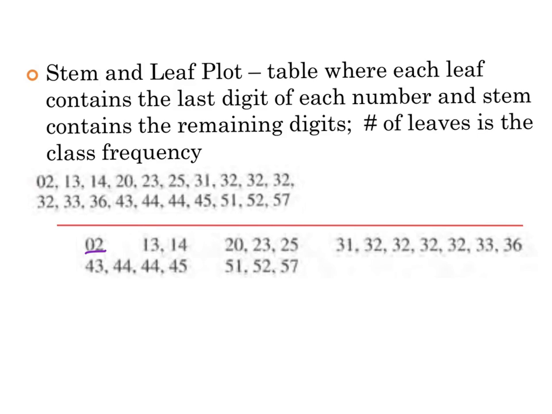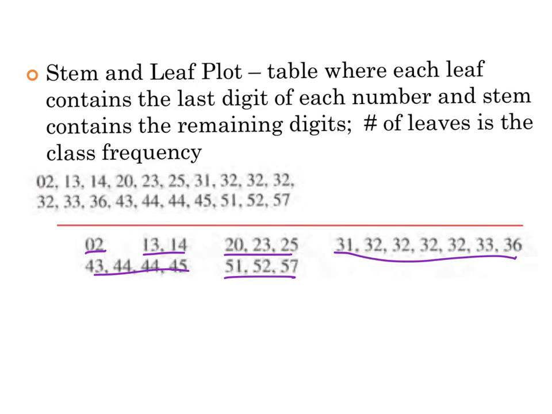So I have 0 as a leading digit. I have 1 as a leading digit. I have 2 as a leading digit. 3s as a leading digit. 4s as a leading digit. 5s. So I separate them out because that first digit, since they're all two-digit numbers,